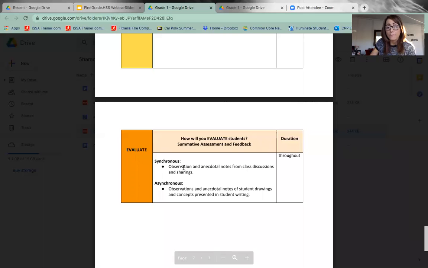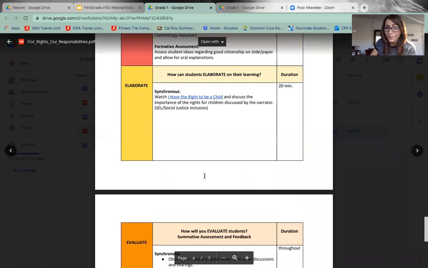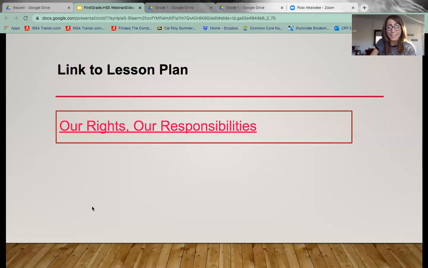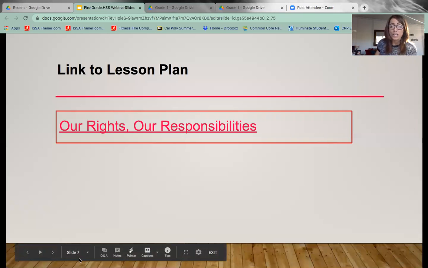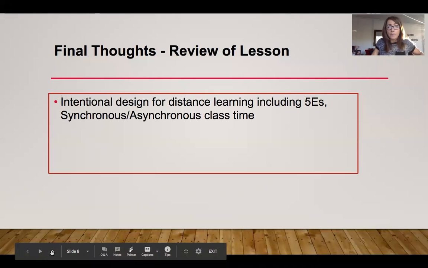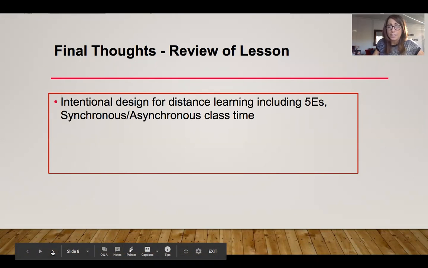And finally, we have some ways to evaluate our students throughout the lesson, and in terms of figuring out if they have learned the content and are successful at it. So hopefully you can see the ease in which that lesson is for implementation, and that it is inclusive of a lot of different modalities and allows children full engagement opportunities. So our final thoughts, there is an intentional design for this with the 5 E's and the synchronous,